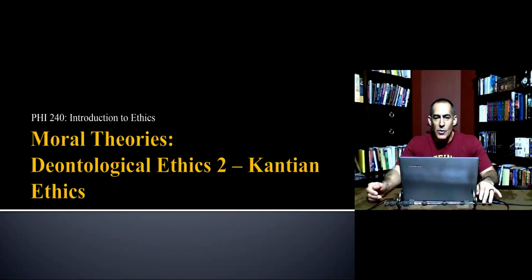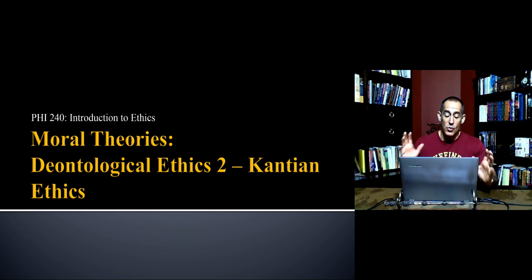This one is basically the opposite of utilitarianism at almost every important point. It's called deontological ethics most normally, or simply Kantian deontological ethics. And we've introduced the word deontology before when we were talking about divine command theory. Here we're going to be looking at the system that is normally called deontological. So let's dive in. Kant is not an easy philosopher.